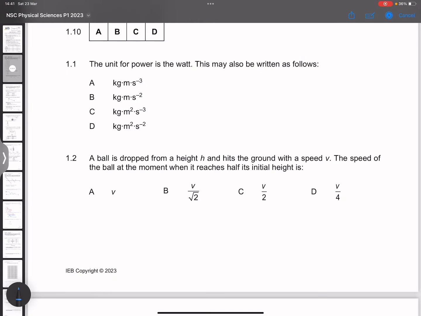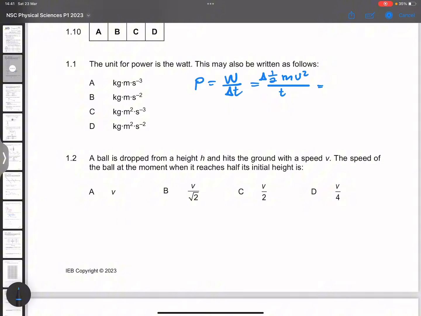They say to us the unit for power is the watt. This may also be written as follows. Right, now please remember, watt, that's power, is the rate at which work is done. Okay, but if you think about it, when we take work done, it can be change in kinetic energy. So you can say half mv squared, right, change in half mv squared, divided by time, which obviously is measured